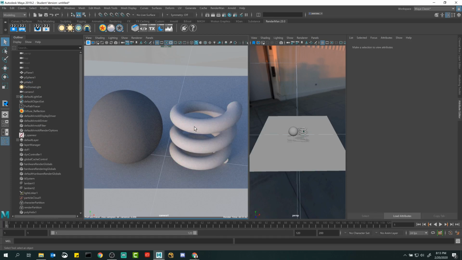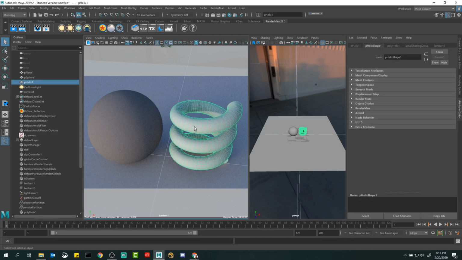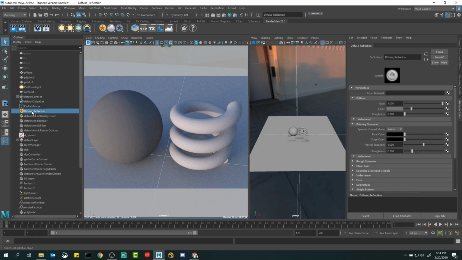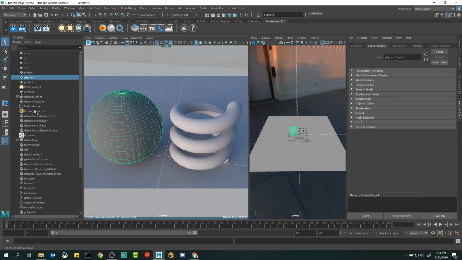So when you think of a glass bottle, glass has reflections on the surface, because you can see it reflecting the stuff around you, but it also has transmissions because you're physically able to see through the bottle, right? So there's two things going on. Now, if we just think of this as a diffuse reflection, so I just have my material on this,